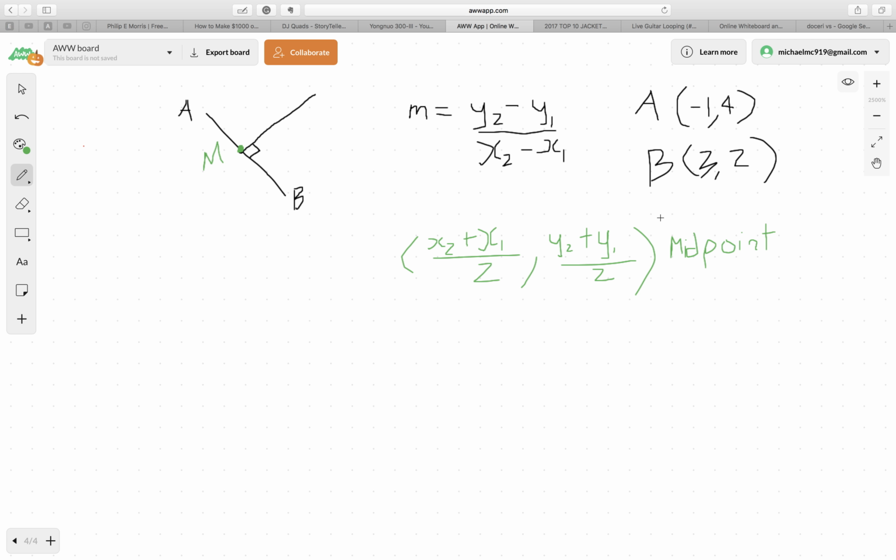Yeah, that's the midpoint. So a perpendicular bisector cuts a line at the midpoint and is perpendicular to the gradient of the line. And we know that for perpendicular lines, the gradient, so if the gradient of AB